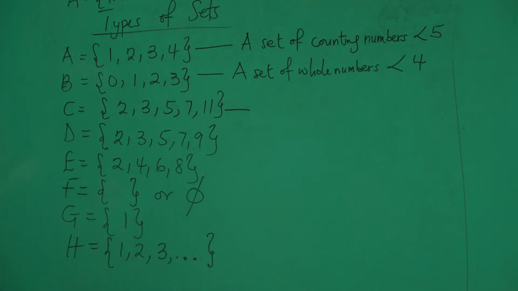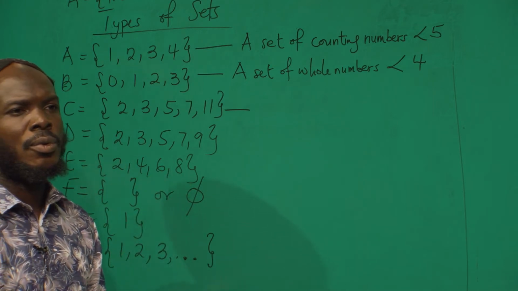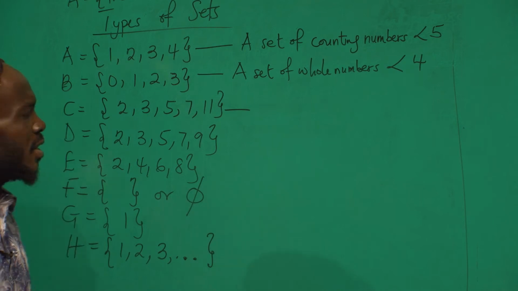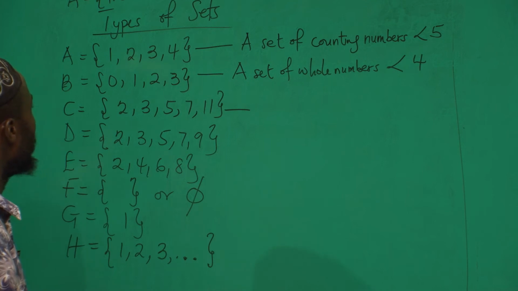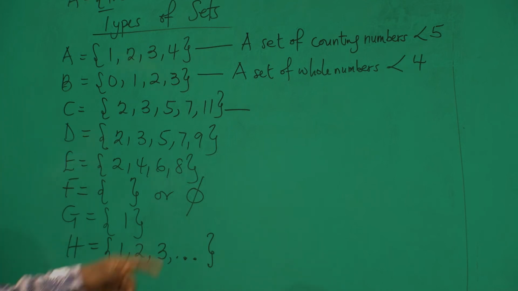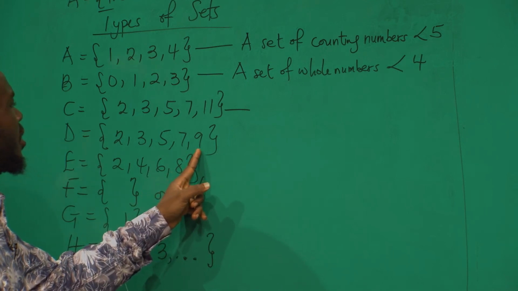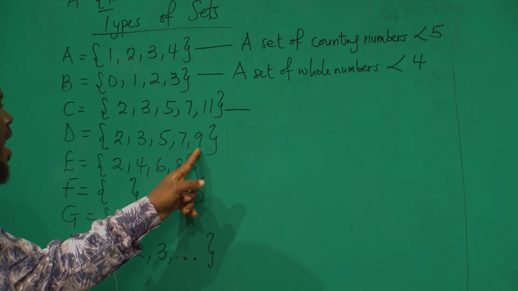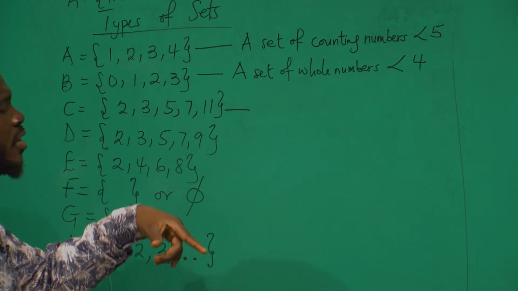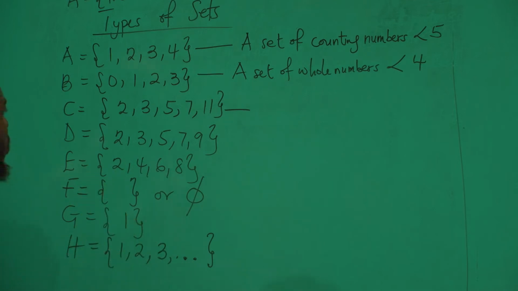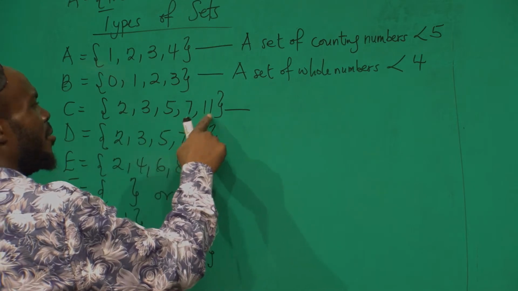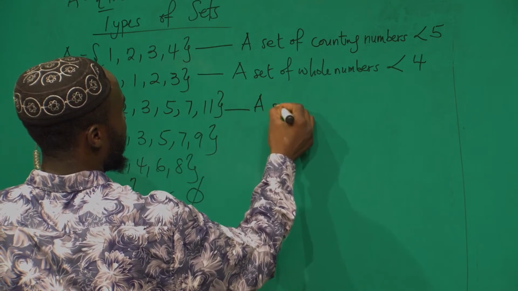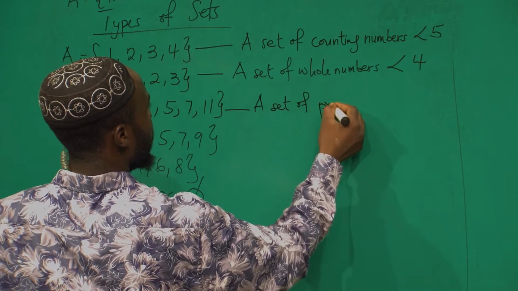But the good student will just look at the definition of a prime number, which in our previous lesson we said they are numbers which have only two factors, the number itself and 1. So looking at 9, 9 is not a prime number, but 9 is a what? Composite number or an odd number. So looking at this C giving us 2, 3, 5, 7, and 11 makes C a set of prime numbers